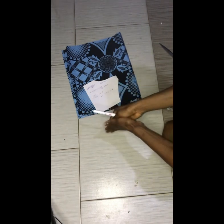Now since we need two 360-degree peplum, we are going to divide that 37 by 2, which will give us 18.5. First, the waist measurement is 32. We are adding 5 inches allowance for the pleat, which is 37, and we need two 360-degree peplum to form the 720-degree peplum. So we divide 37 by 2, which gives us 18.5. That means we'll use a waist measurement of 18.5 to cut two